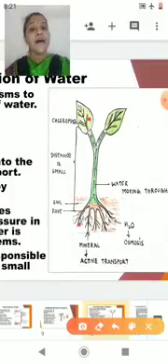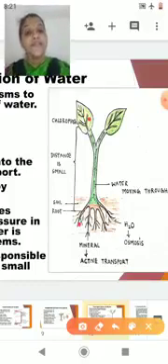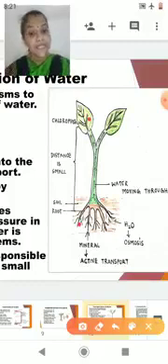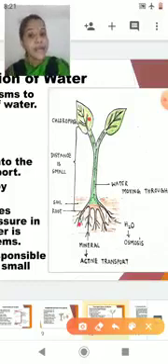Because root is the part which contains the water, and the water needs to be supplied all the way towards the leaves, because the leaf is the place where the food is synthesized. So that distance is going to matter quite a lot. If the distance is small, then definitely the water is transported by a mechanism called root pressure. Okay, so now let's discuss the root pressure.